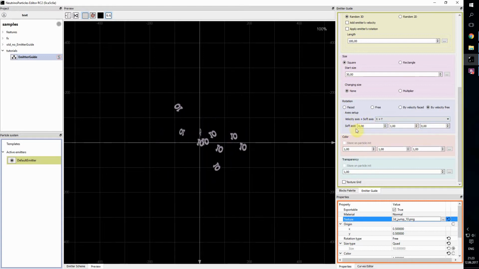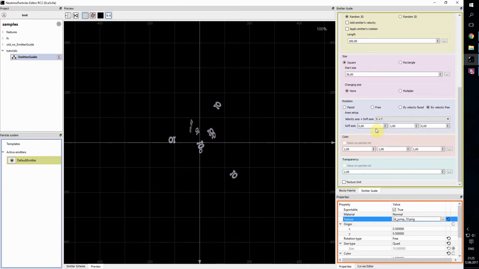So each particle strives to rotate in such a way as to have the second axis as close as possible to the specified soft axis. It is pretty complex, I know, I understand,